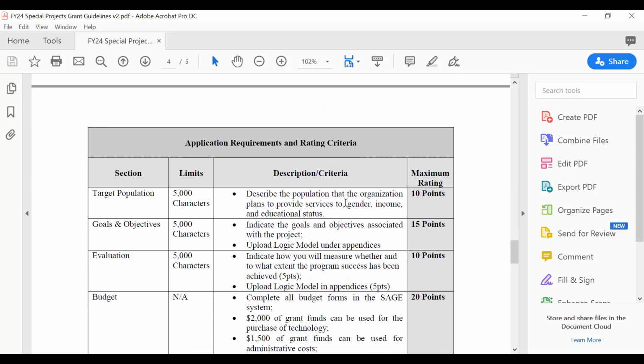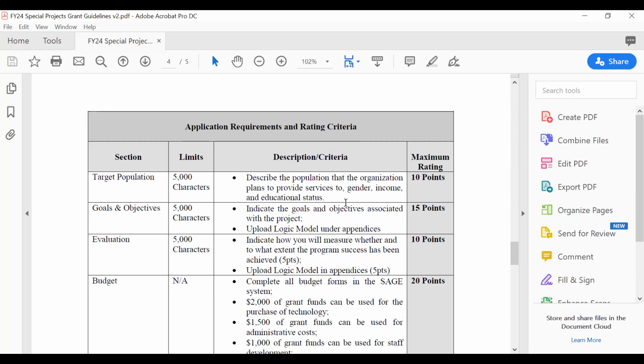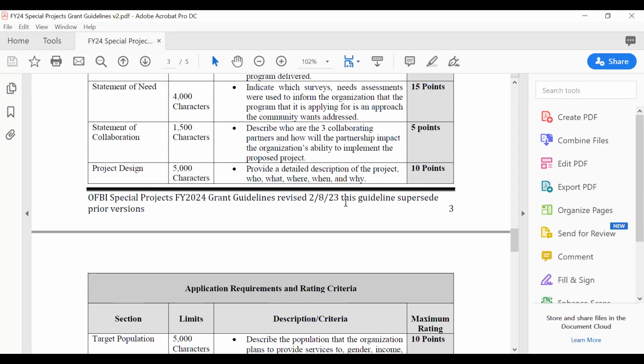Target population, of course: describe the population that the organization plans to provide services to, gender, income, educational status, age, that sort of stuff. Goals and objectives. Now, in your logic model, there's an activities column.